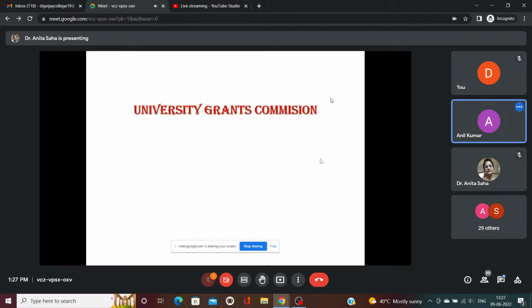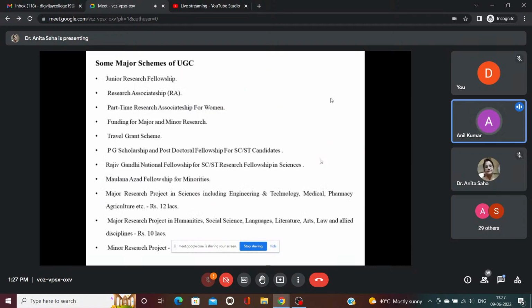Next. Now, the University Grants Commission. Today, the University Grants Commission is a white elephant. The University Grants Commission is not releasing any grants to any universities or institutions or any scientific bodies. Probably the fund of the University Grants Commission has been transferred to the RUSA scheme, but the RUSA of our state is not giving any research grant.